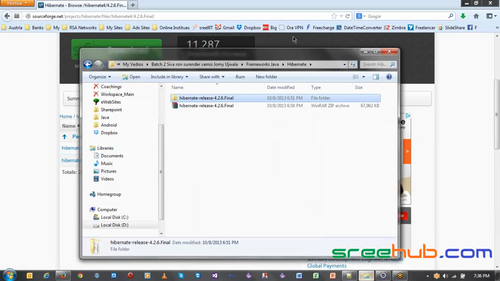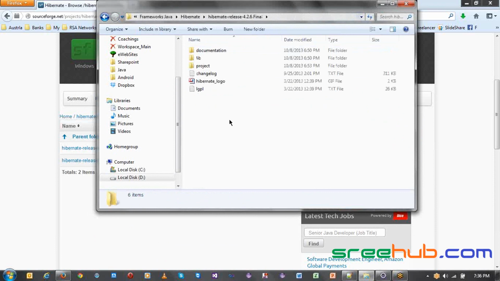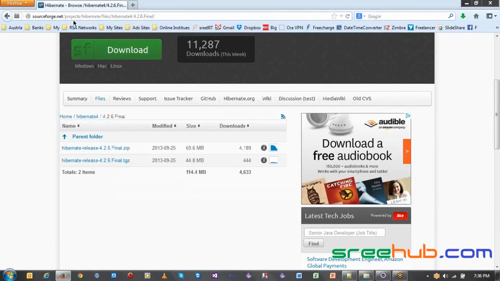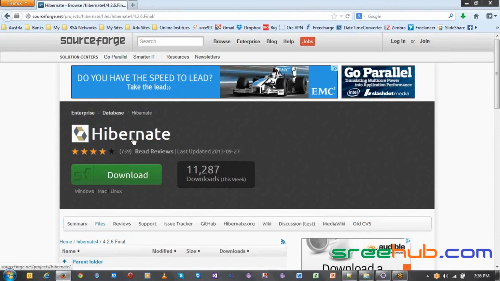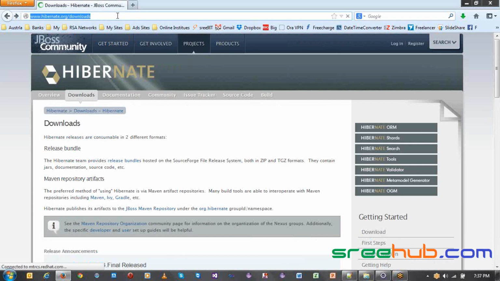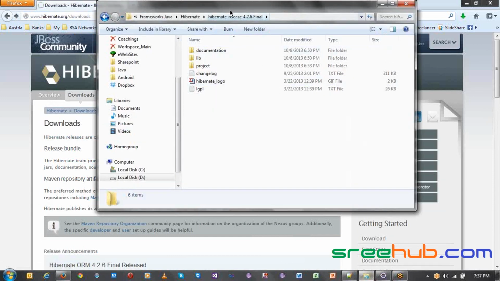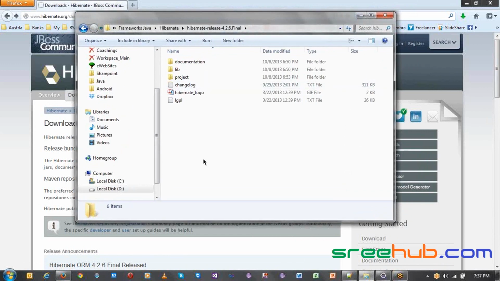Now I have already copied that over here. You can see that I've copied that binary and extracted it. This is the site where you'll have to go and download your files. I'll share this link with you guys so that you can go ahead and download, don't worry about that. Now let's get into these binaries and see what exactly is there